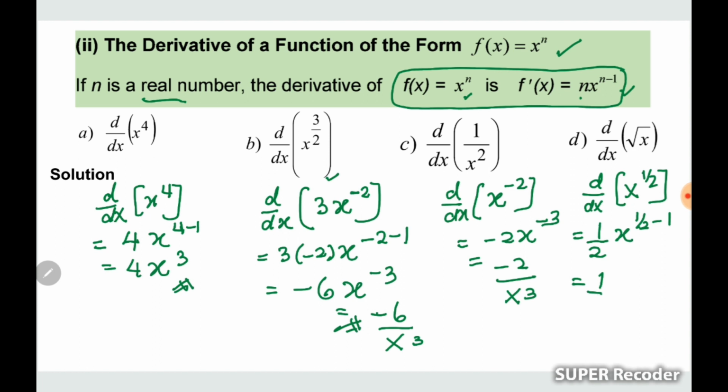So the answer is half times x to the power of negative 1 over 2. Then simplify to get 1 over 2, you have to bring x to be the denominator, so x to the power of half. Okay,